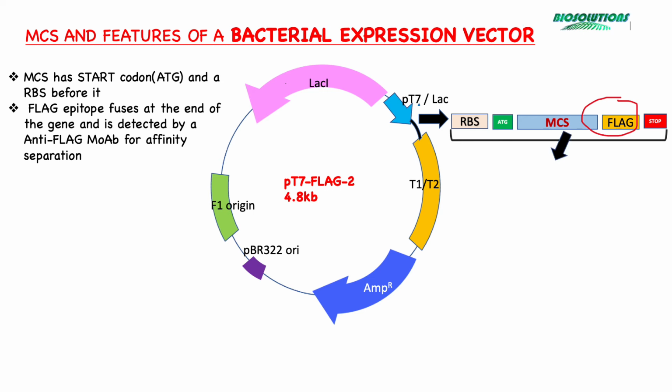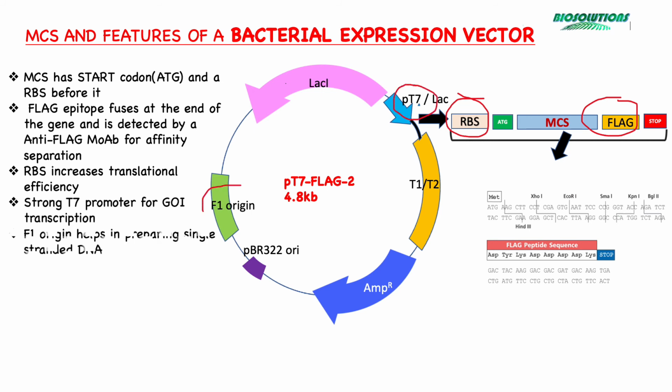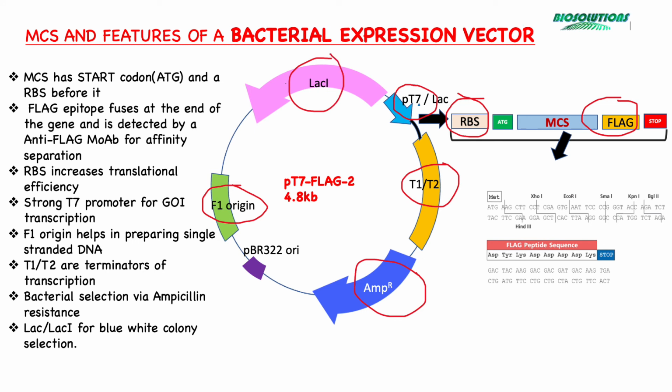Its MCS has a ribosomal binding site or RBS for increased translational efficiency. It also has a pBR322 and F1 origin of replication. Then there is an ampicillin resistance gene as selectable marker, a strong T7 promoter to drive the expression of the GOI, lacI and lacZ gene fragments for blue-white colony selection,